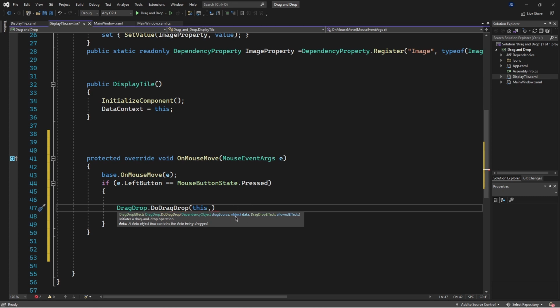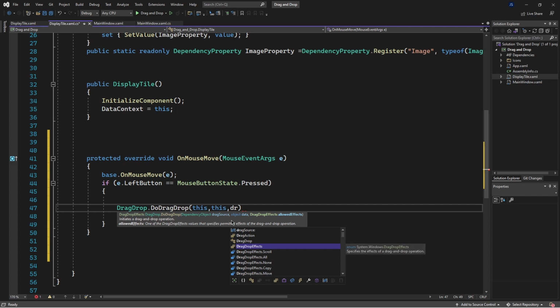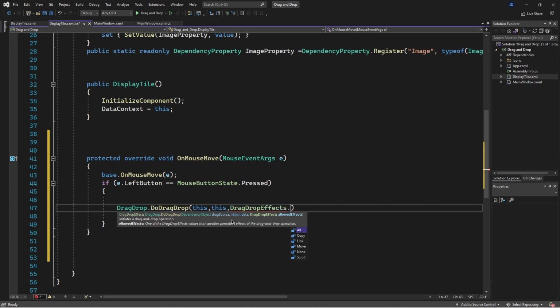Now, the second is some data object. So this can be information that we would like to transfer to the target. And in this case, I'll just be using the very same class here. So I'm going to set this to this. And for the third one, it's a property that sets the drag drop effect. So for this case, we can set it to all, copy, link, move, none, or scroll. Now what I'm going to be doing is I'll just set it to move,